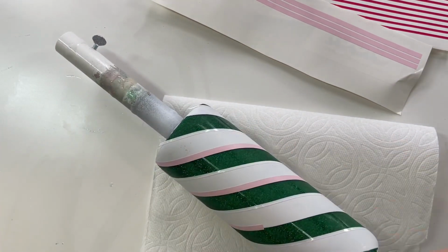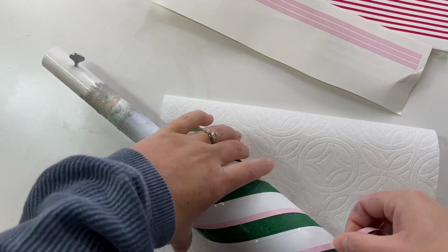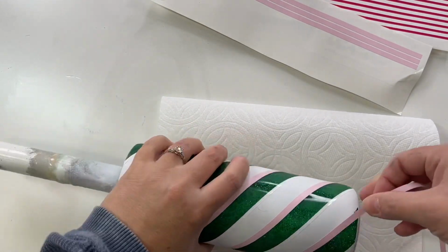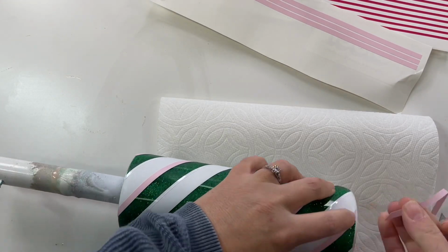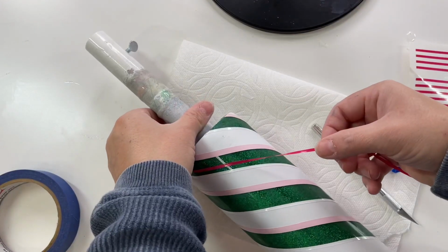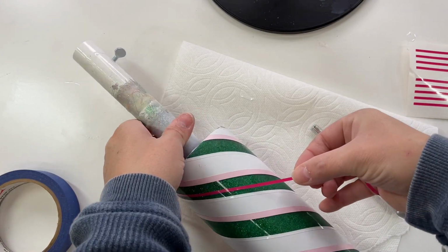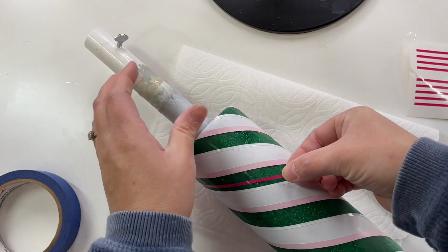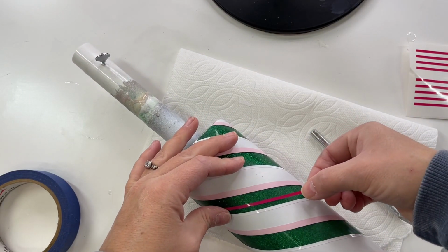Okay, and I just put those on the other side of my painted stripes. Again, yes, you will need more than one strip to make it all the way around, and trimming the excess as we go. Once I got done with the baby pink lines, I went in with these fuchsia hot pink lines. This is Oracal 651 in the hot pink color, and I cut it with Cricut Design Space,